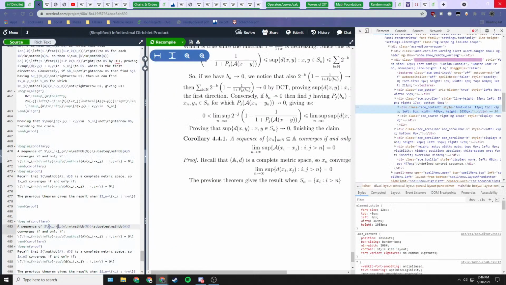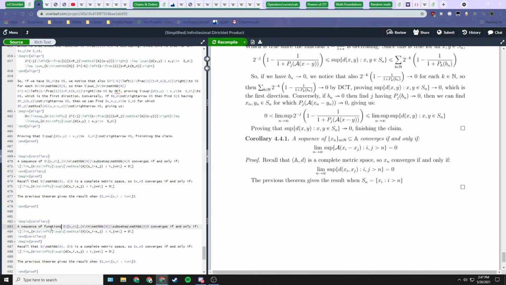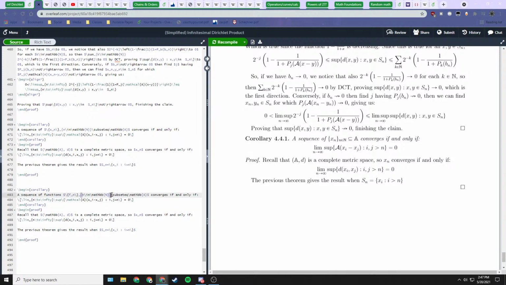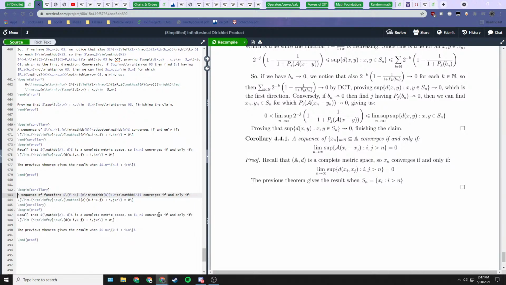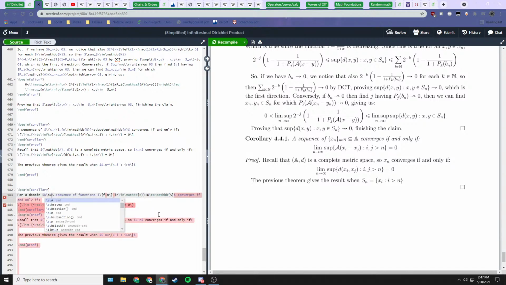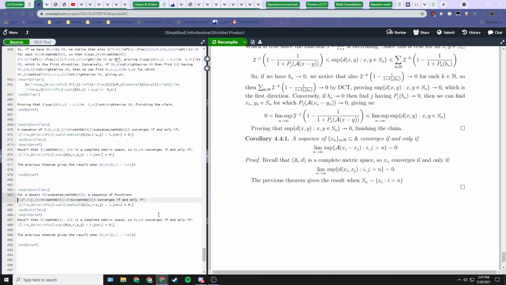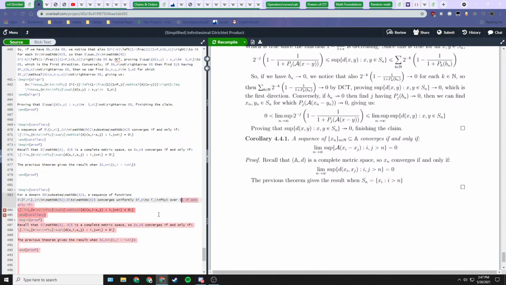As another corollary, a sequence of functions f sub n, which map one domain D to our space A, for a domain D a subset of our space, converges uniformly, f sub n goes to f sub infinity over D by the metric D, to some function f infinity over our domain D, if and only if, and here we want to say